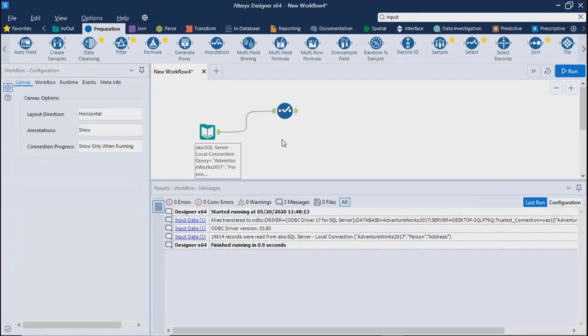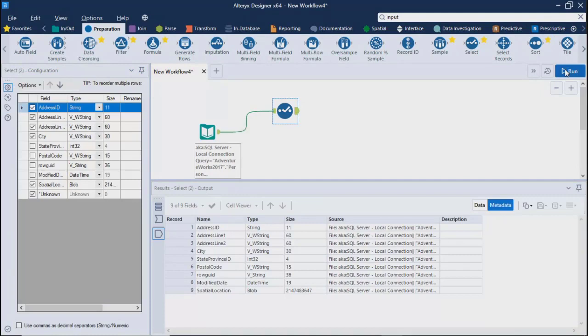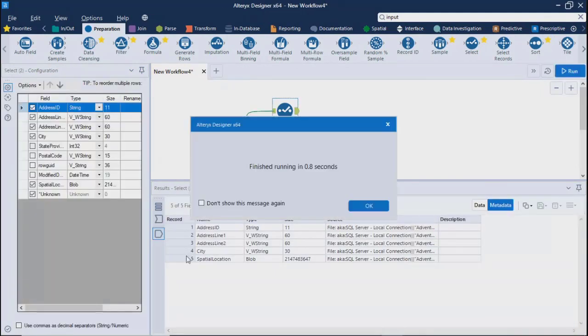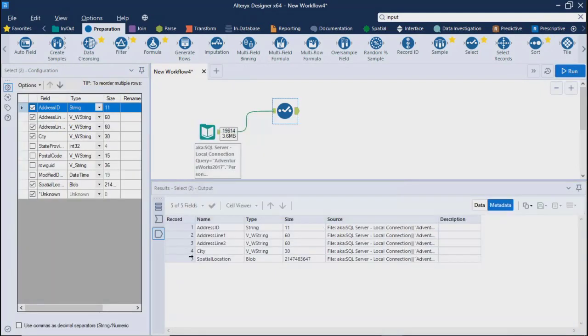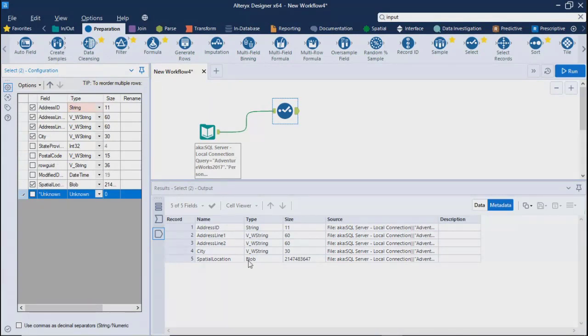So let's say if I run this once again, you will get only the 5 fields which I selected over here. Address ID, unknown (I don't know what this unknown is, you can ignore it), address line 1, city, and spatial location.